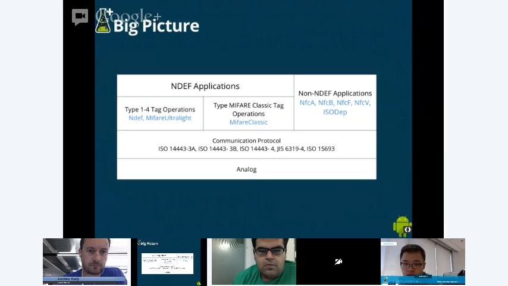And for non-NDEF format applications, we also have the corresponding classes to allow developers to talk directly through the protocol. So we have all these classes, like NfcA, which corresponds to the ISO 14443-3A protocol, and so on. It's mapping these raw protocols for when the application is not using the NDEF data format. So that's a nice summary of all these things together.